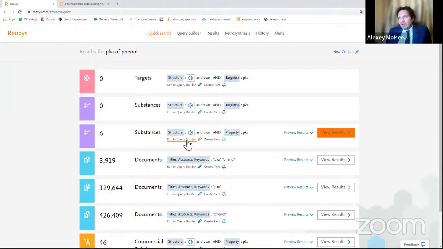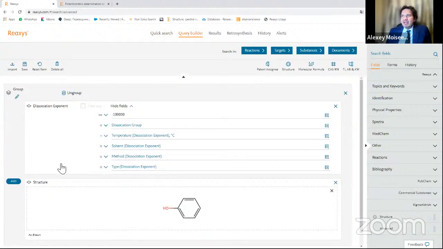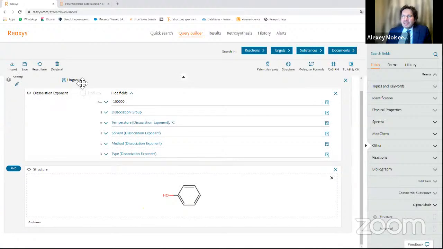Let's click edit in query builder, and we will see how clever Reaxys really is. It created a special search field, dissociation exponent, and created the structure of phenol. So it did a very clever job and found this information for you.